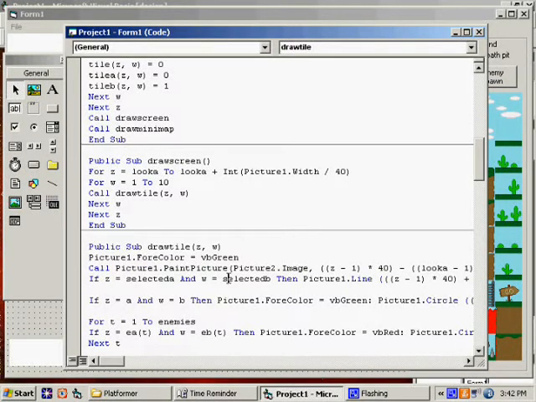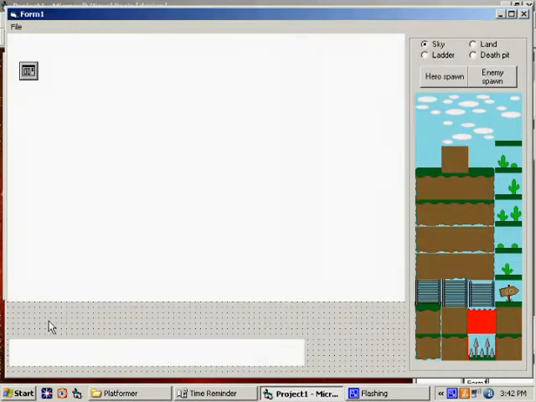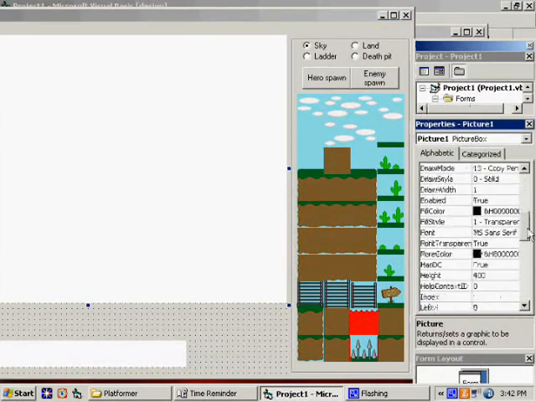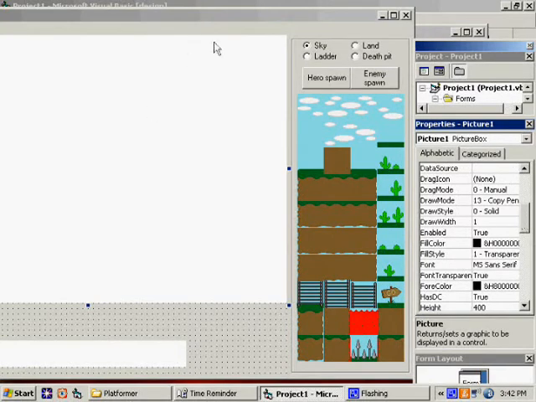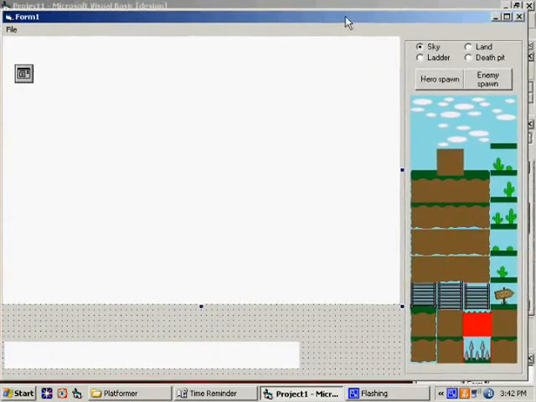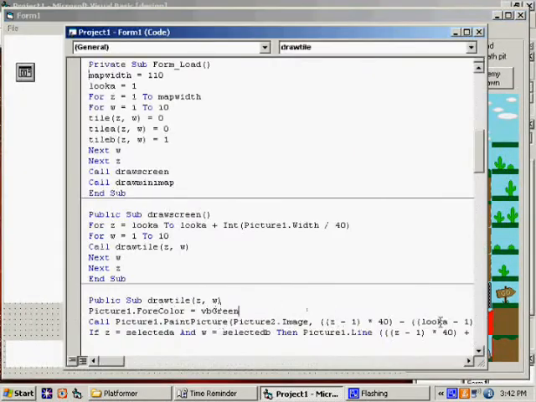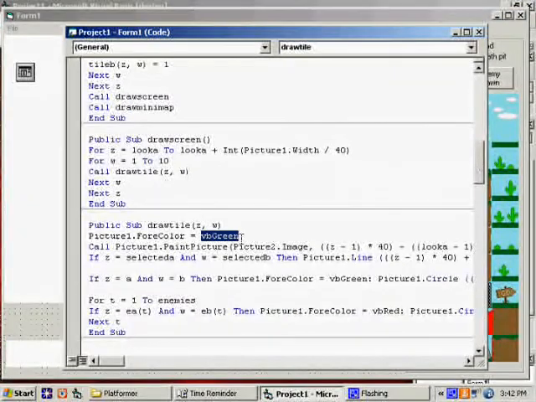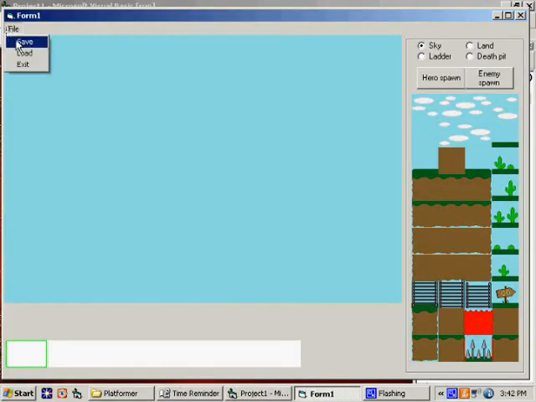We never had any reason to change it originally when we wrote the draw tile code. So I just set it manually, using the properties. I had set the fore color somewhere, maybe I did it somewhere else. Anyways, we need to specify it in code again. So I just started off right here. So this should work. If I load the map,